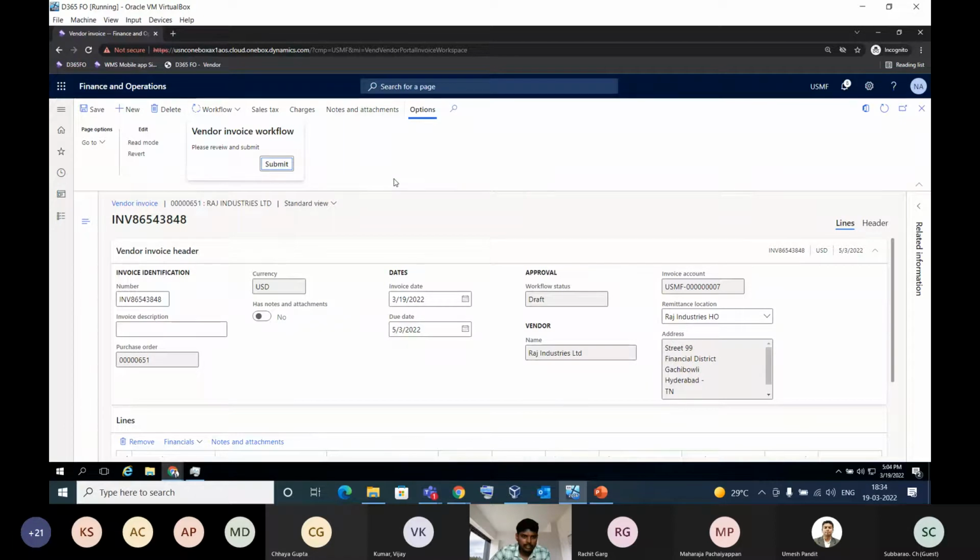For invoice generation by vendors, workflow is a mandatory setup. So in our system, the USMF company, we need to configure the workflow so that when our vendor submits invoices, they come to our finance department, and the finance department can verify the received vendor invoices from vendor collaboration and then post them. So basically, there's a control factor